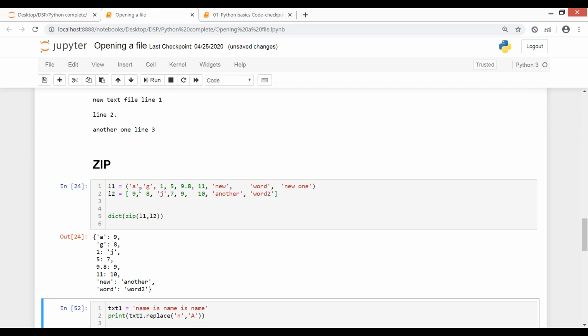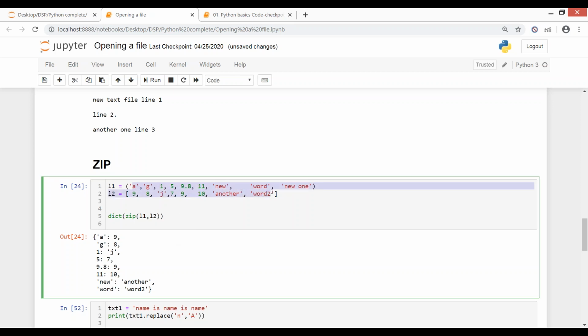The only condition is that it will combine up to the length available. See, it is able to do it. My L1 is a tuple, and I've made L2 a list, and it is still able to do it. Even if I make it a set, it will still work. Even if I make L1 a set, see, I made L1 a set here, it is still working.